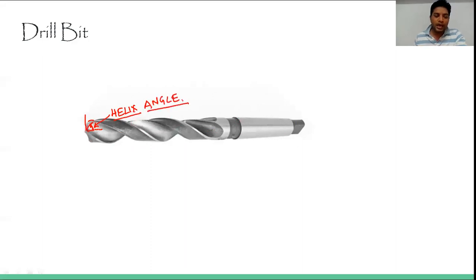Now this helix angle, sometimes we treat it as equivalent to the back rake angle that we use in single point cutting tool geometry. We assume that in the drill bit this helix angle will work as a back rake angle. Now, if we look at the purpose of the back rake angle,